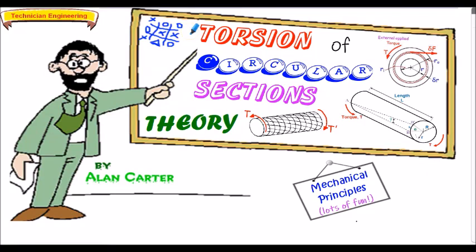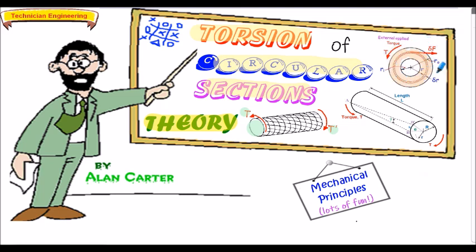Hello and welcome to this presentation related to the torsion of circular sections, for example shafts. Within this presentation we'll consider the theory behind the simple torsion equation, also known as the simple torsion formula. Note that I use the terms equation and formula interchangeably within this presentation, as both terms are used in various reference sources. We will consider solid circular sections subject to an applied torque, and also hollow circular sections subject to